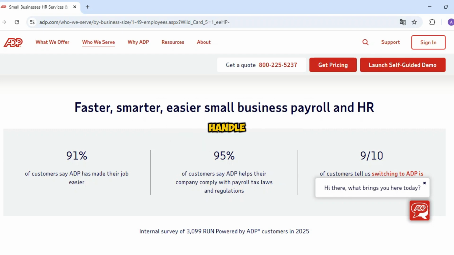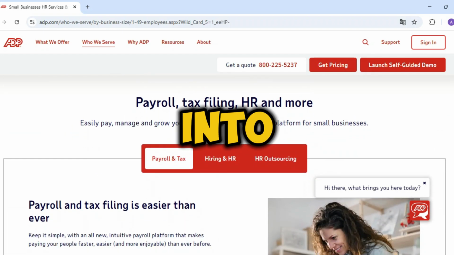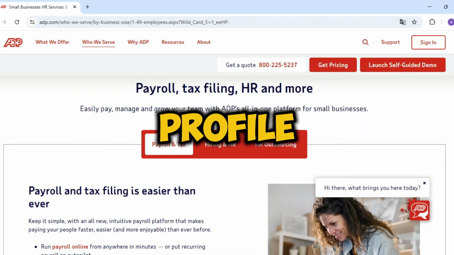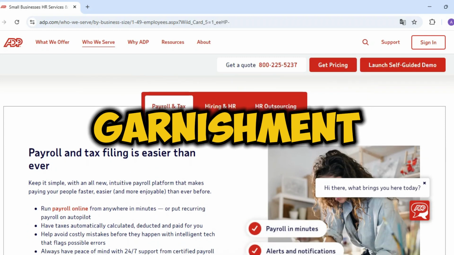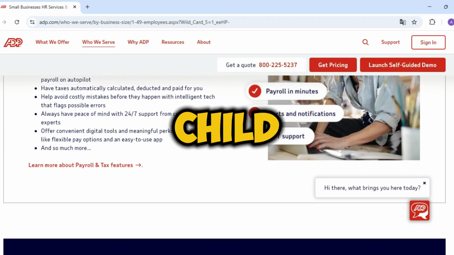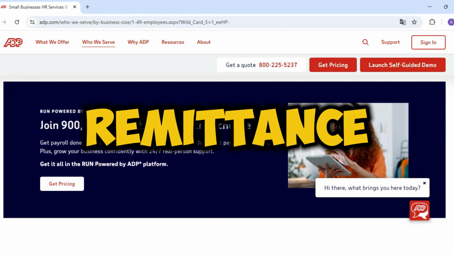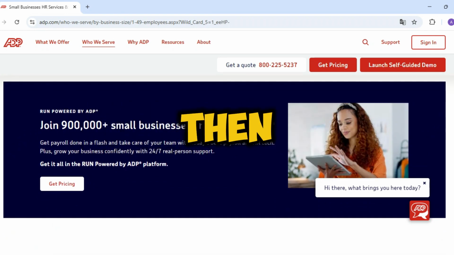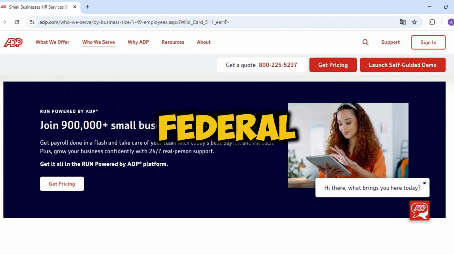Here's the simple way to handle it. When you receive a garnishment order, you must first enter its details into ADP. In the employee's profile, find the deductions or garnishments section. Create a new garnishment, inputting the exact details from the order: type, e.g., child support, creditor, amount or percentage, payment frequency, and remittance address. ADP will then automatically calculate the deduction from each applicable paycheck, respecting federal and state limits